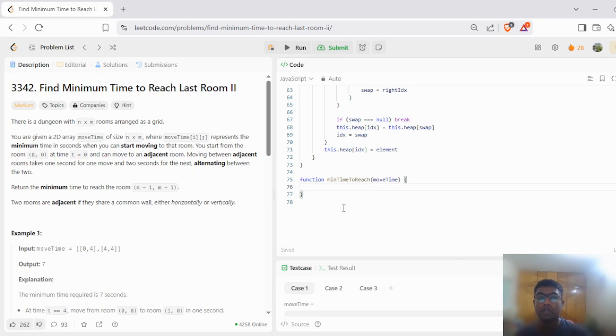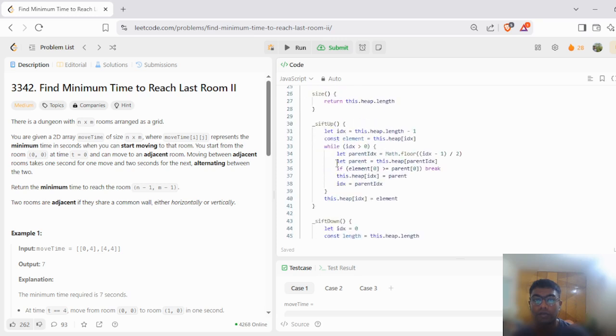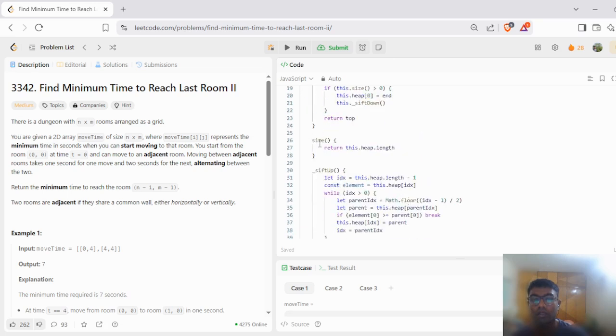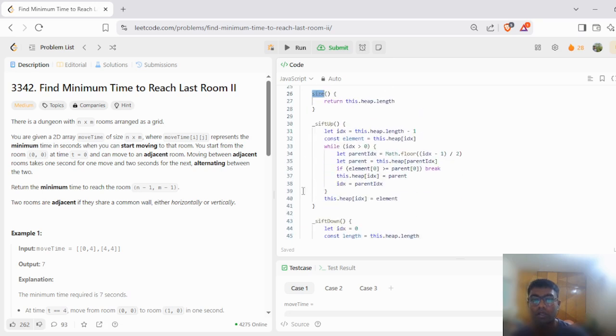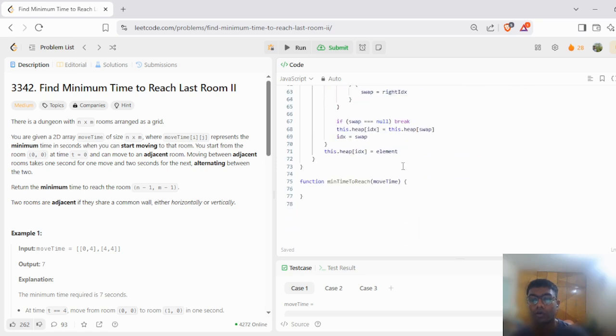Okay, so here we are in the Leetcode editor. Before starting this, I have pasted this specific class for using a min heap, and this has certain common operations such as push, pop, and size, and certain other operations which we do internally for shifting a value up or down. And here we have our method. So let's see how we can implement our